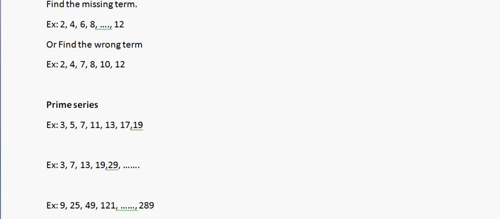Let's see what is the logic behind this. So this again seems to be a prime number series, but it's slightly different. So what is the difference? Here it is 3, then 5 is skipped, and now 7 is there. And then 11 is skipped, 13 is there, 17 is skipped, 19 is there, then 23 is skipped, 29 is there. So one of the prime numbers is skipped each time. So the next prime number is 31, it should be skipped, and the next prime number is 37. So the answer should be 37.